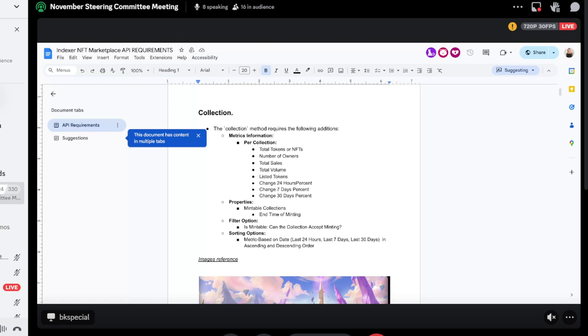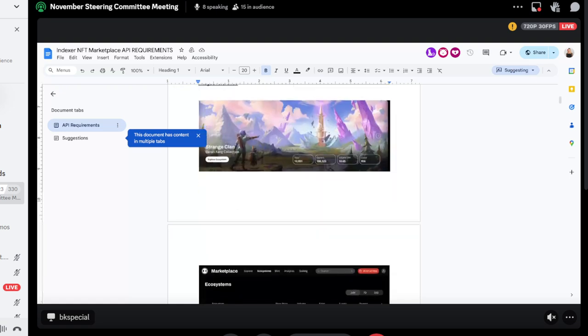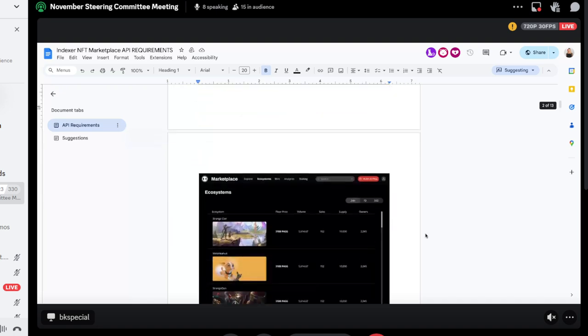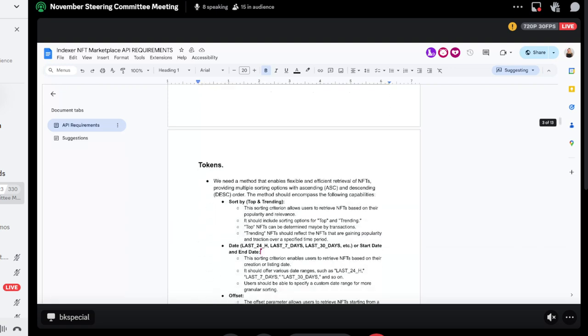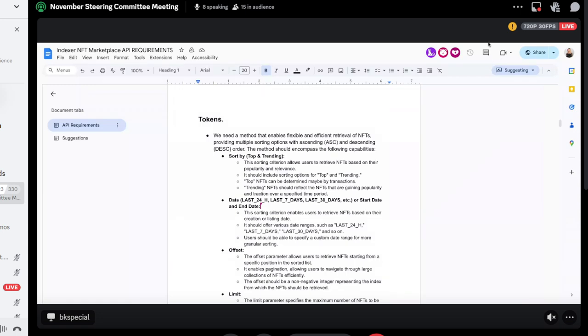I just put some image references to give context on which part we're going to use those improvements or new endpoints. I think it could be good if the community can read this, and if there is a question about it, I will answer, because it's just new methods, new improvements in some existing methods, and that's it. I don't know if there is a question about it.